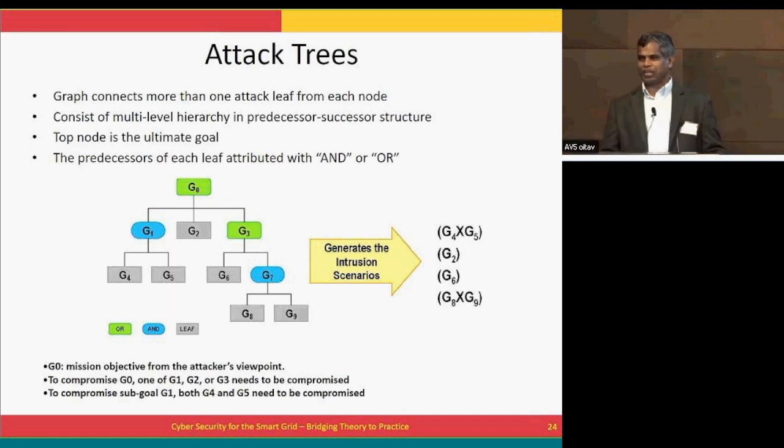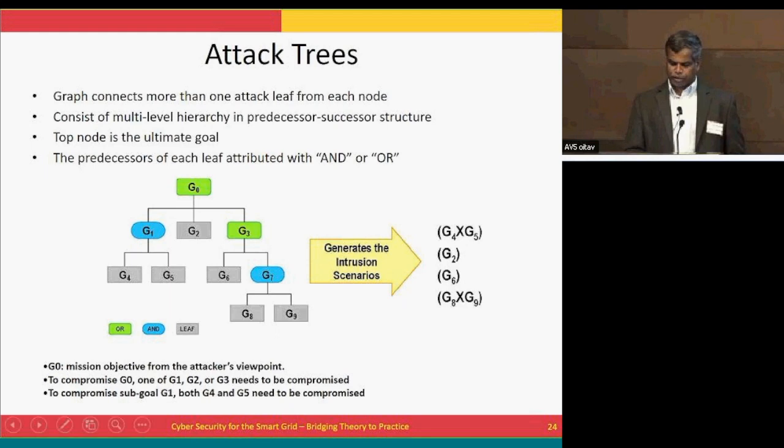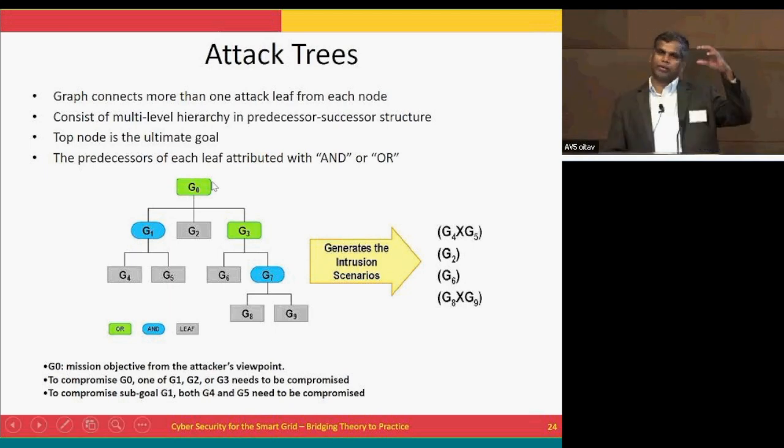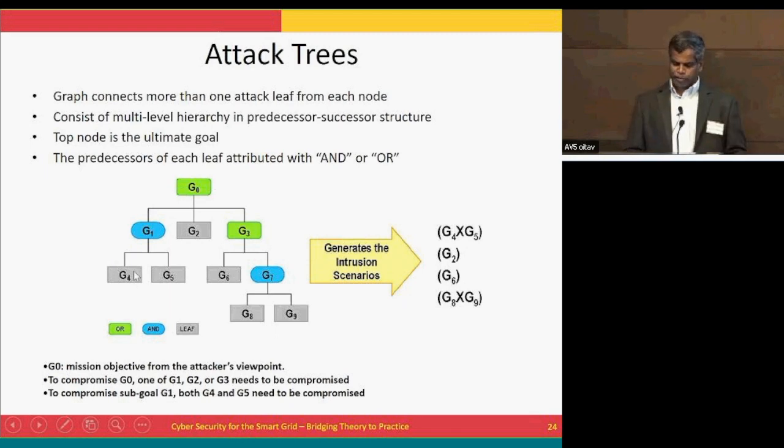central theme. Even NERC uses the attack tree as a semi-formal model. It is essentially an AND/OR kind of Boolean expression. So let's say here you have an OR and an AND gate. So there is an event here. These two events, because of this AND gate, G4 and G5 together is one scenario. That means there is a mission goal that is compromised. That mission goal can be compromised by compromising G4 and G5, two events.